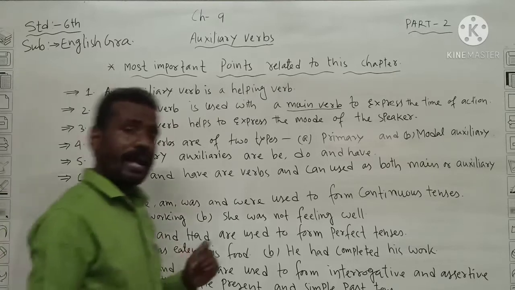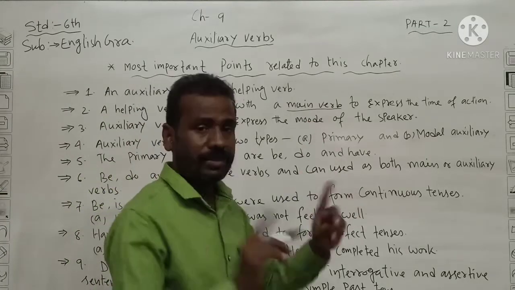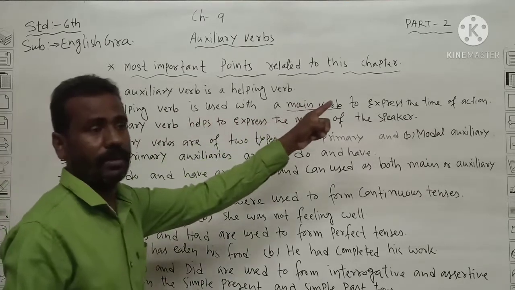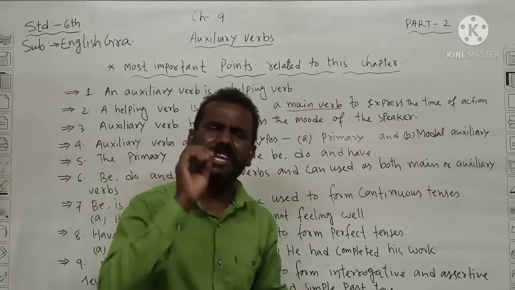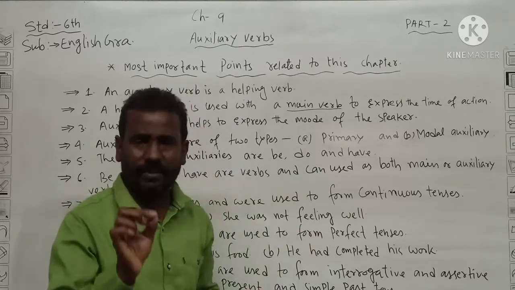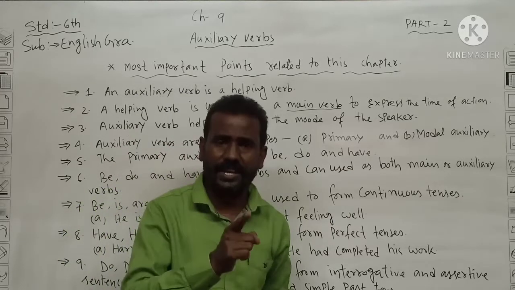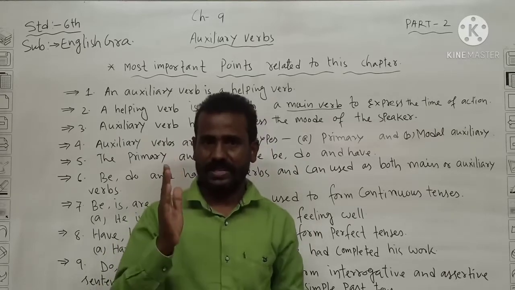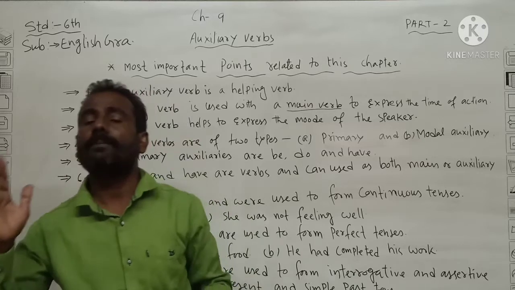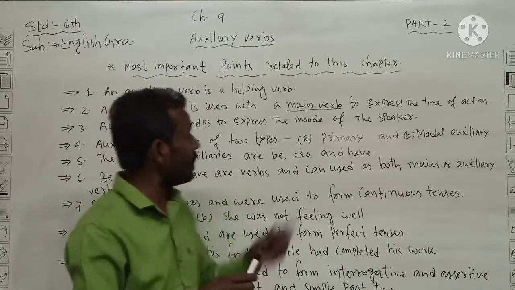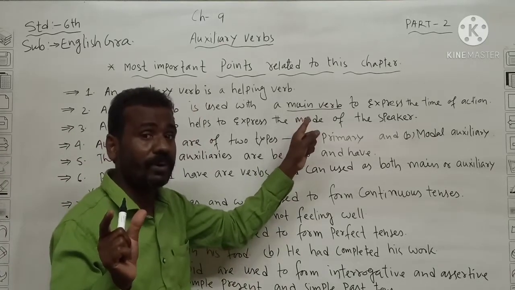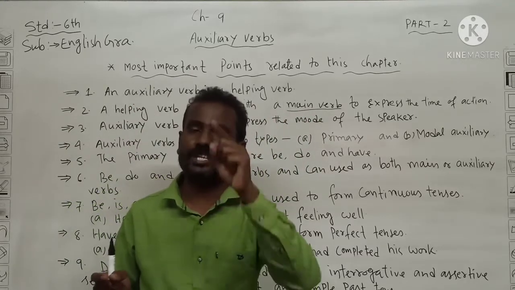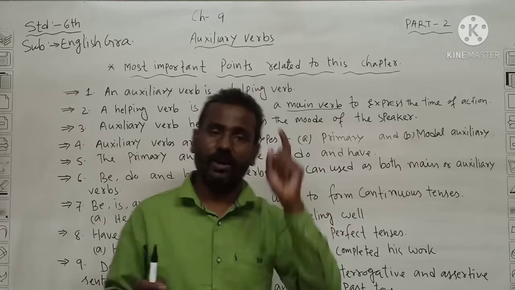One example I am giving. I am not writing it here, but I am telling it, because a helping verb is used with a main verb. You take a subject, he, or any noun or pronoun, any name. I am taking here he, then the helping verb is. He is writing a poem. So writing is the main verb, and before the main verb I add is. So is is the helping verb.